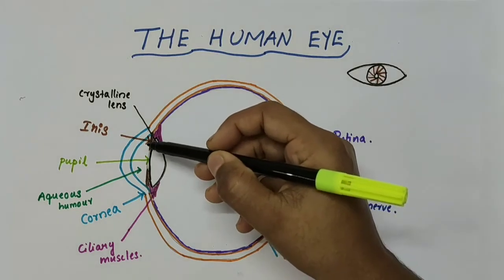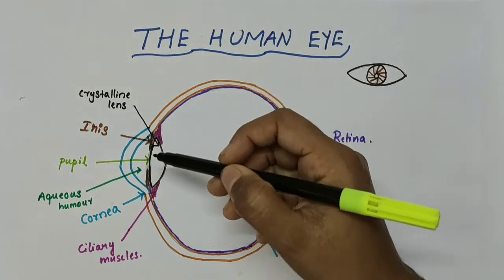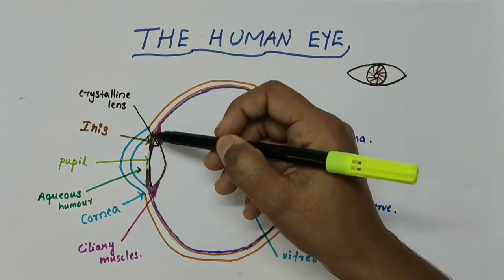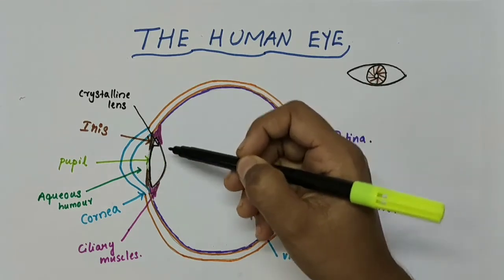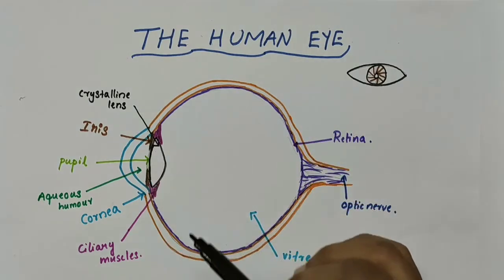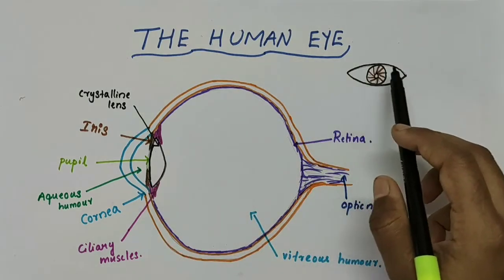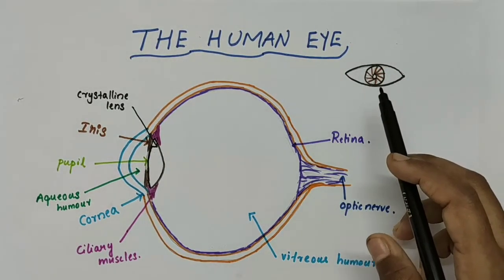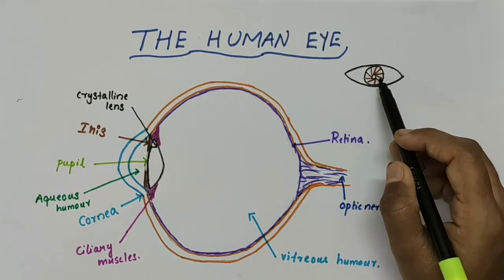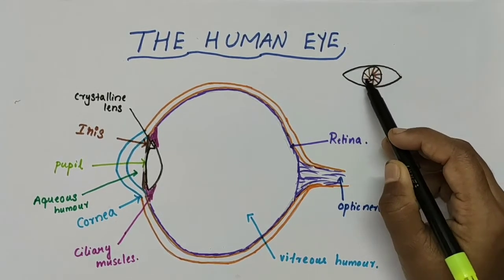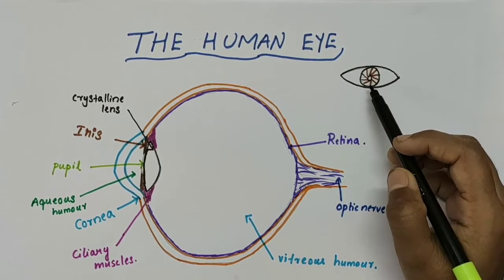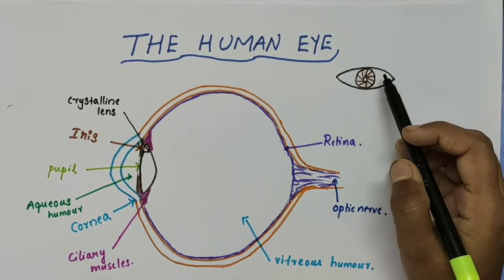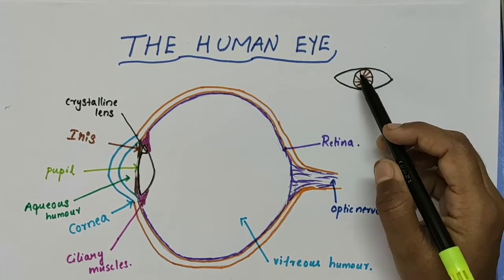Now, this one that is in brown color, these two, here and here, actually show a cross section of the iris. When we draw our eyes, we used to draw like this, isn't it? We used to draw our eyes like this. So this part is called the iris, which is usually brown in color for many of us, but some have blue, green and other colors.